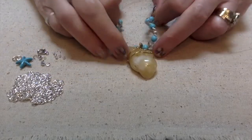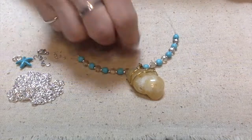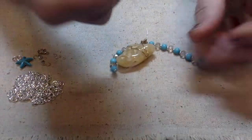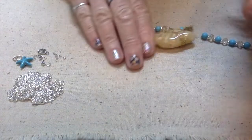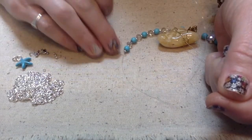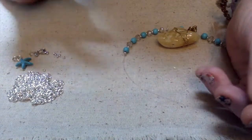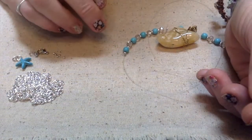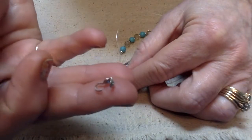So I have it all strung up, and I wanted to show you, see if I can find the end here without messing my beads all up. I wanted to show you how I put a bead cap or bead tip or a crimp bead on here. I actually don't use crimp beads. I use these little things. They're called